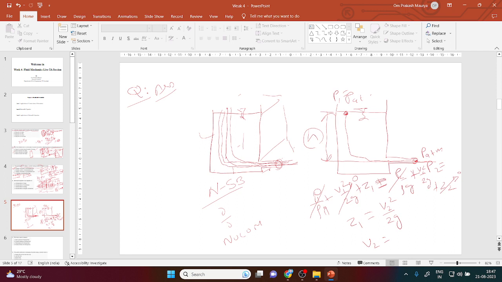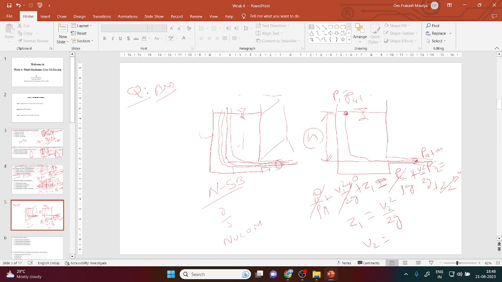At the opening of the mouth, how can we assume that the pressure is atmospheric? The pressure will be different at that point, isn't it? No, pressure is atmospheric because it's open to the atmosphere. This is not connected with another pipe. But the flow at that point will be having a pressure, isn't it? If we take a hose, at the opening of the hose it will be having a different pressure, isn't it? Even though it is open to the atmosphere, the flow will be having some pressure other than the atmospheric pressure. So how can we assume that